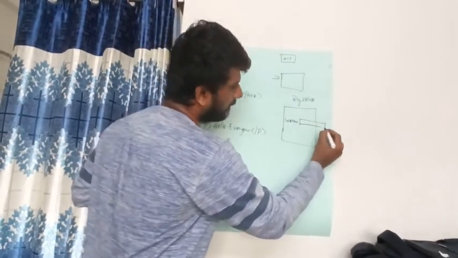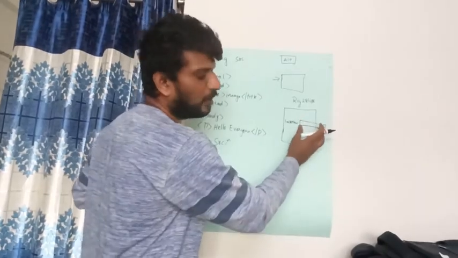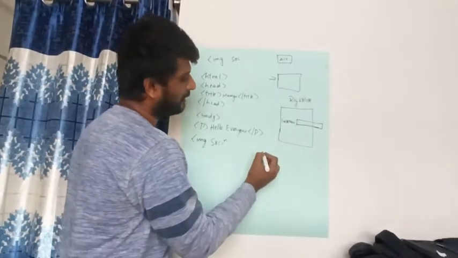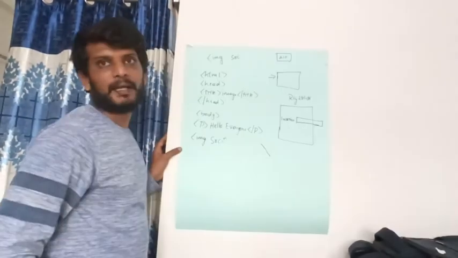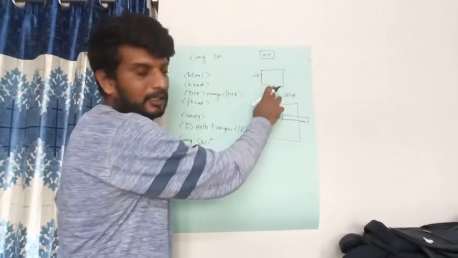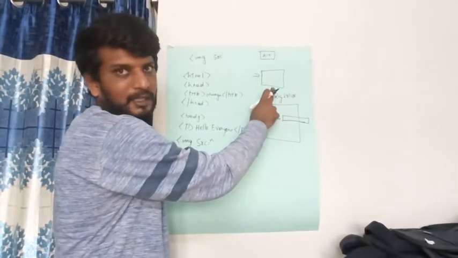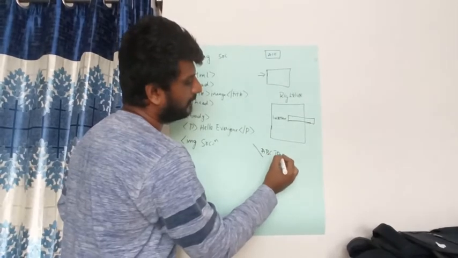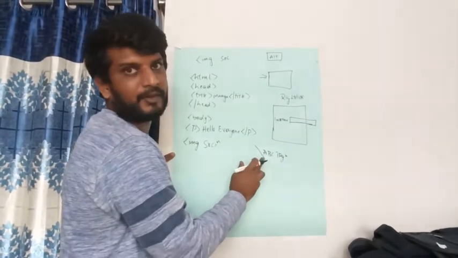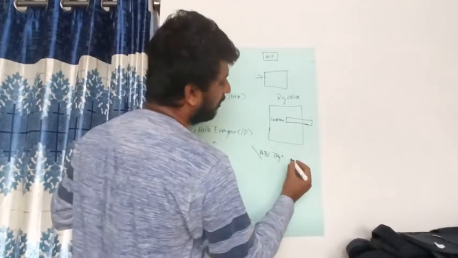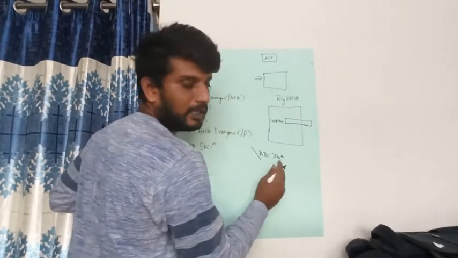You have to select that particular location, copy it and paste it over here. Once after pasting, you have to make use of the backslash. After that, the name of the image you have taken needs to be typed, abc.jpg, something like that. The image will have some name. That name needs to be typed over here. After that, you have to close the double quotes.